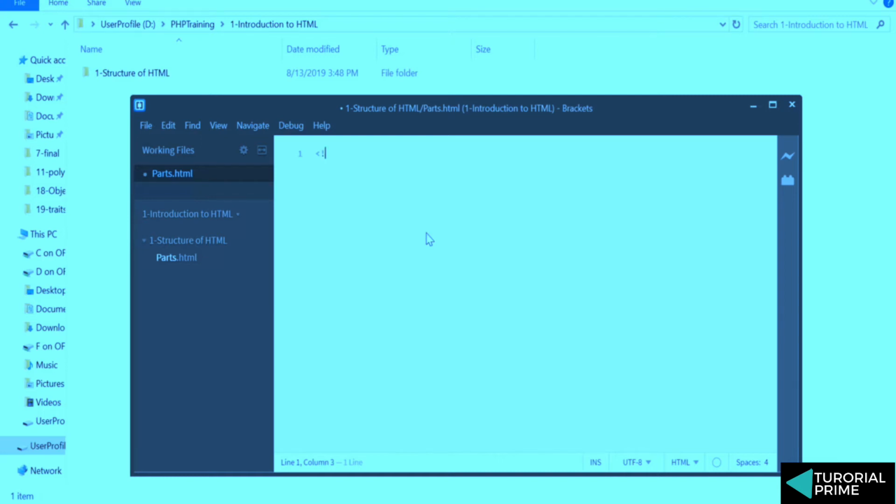The first thing that you write in HTML is the doctype. This is defining your page as an HTML, and HTML actually has a specification. So you are specifying that I'm going to follow this specification in an HTML format. So that's basically your document type.